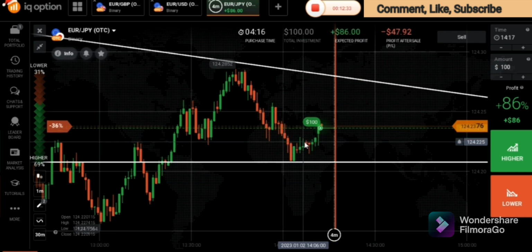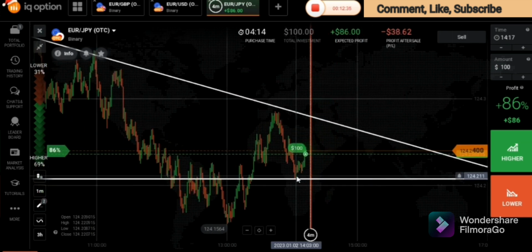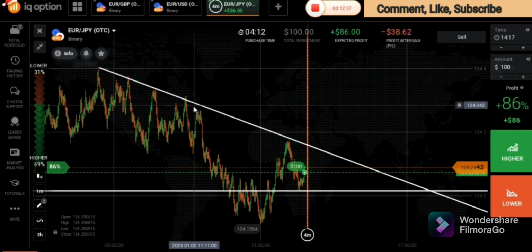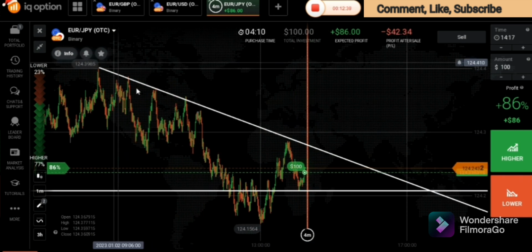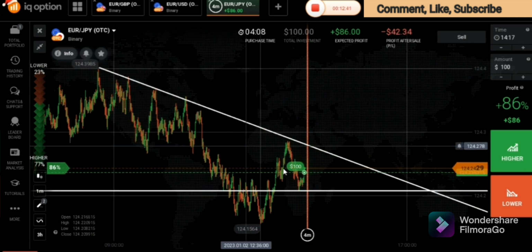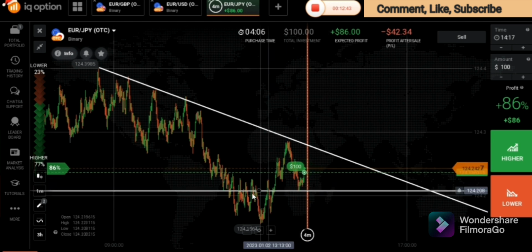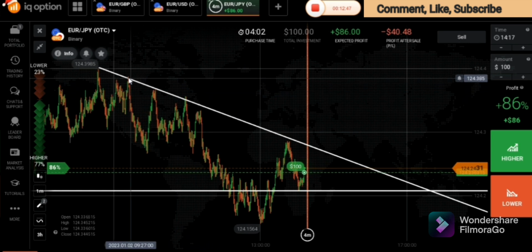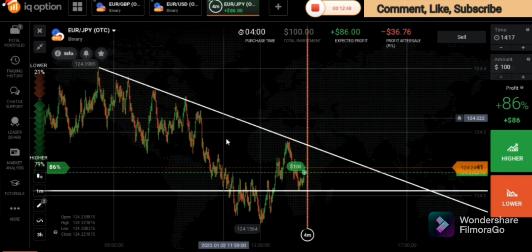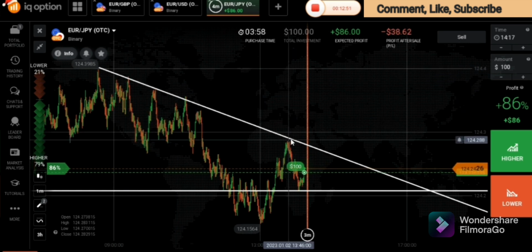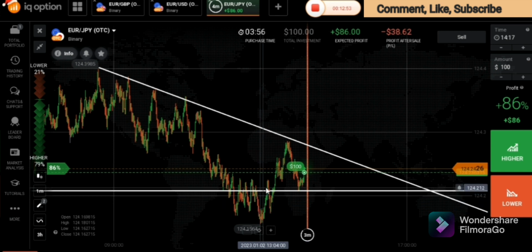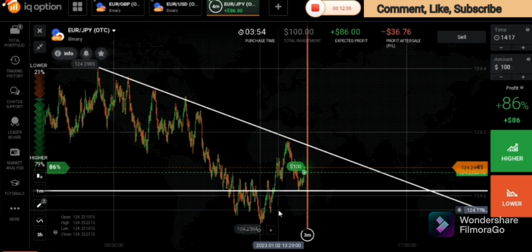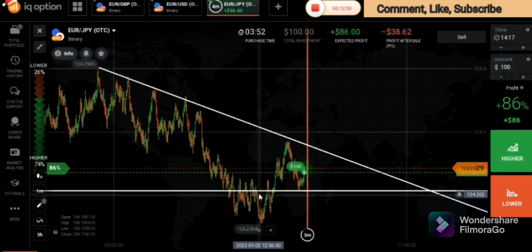So now let me explain why I took this trade. Like I said before, when I drew this line, I realized that this is a downtrend, and this is a downtrend because this was respected over here, and then it has been respected over here as well. But the reason why I thought earlier that this downtrend may have been over is because of this higher low swing that was broken